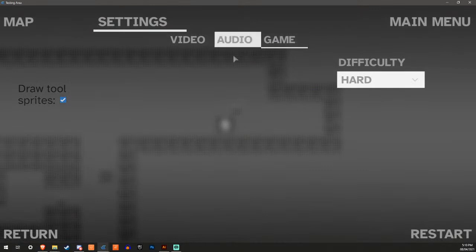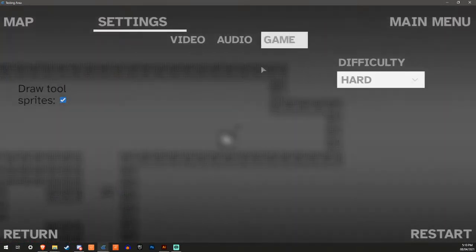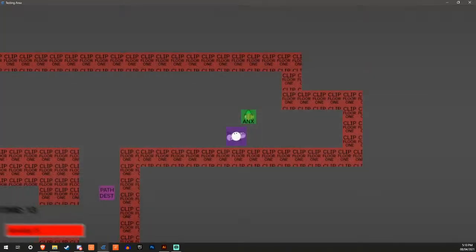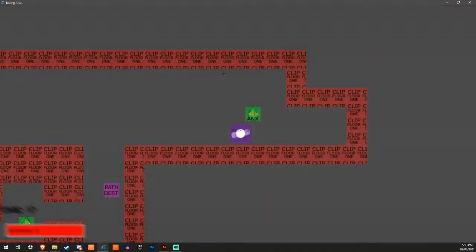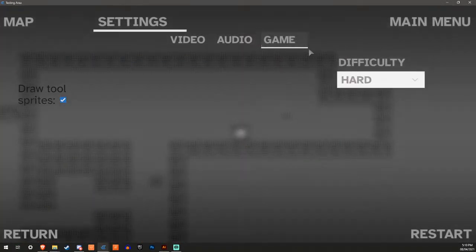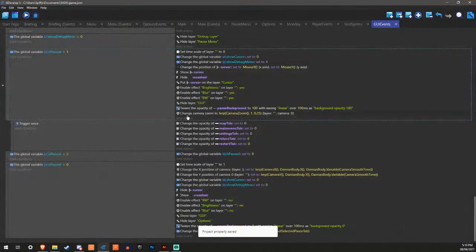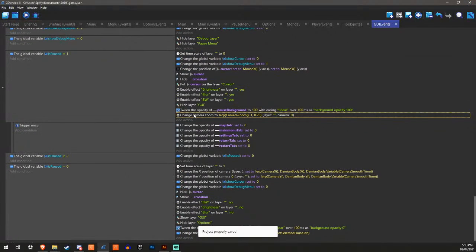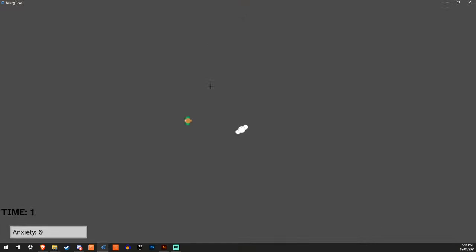There we go. The cursor still gets messed up there. Interesting. We're going to do it before anything for it to make an effect.